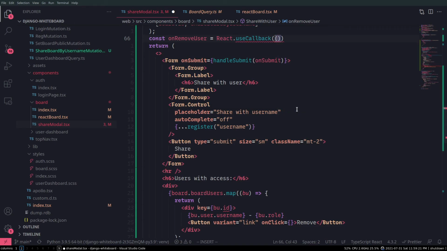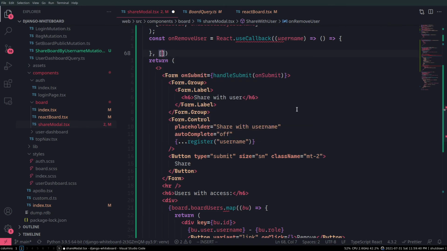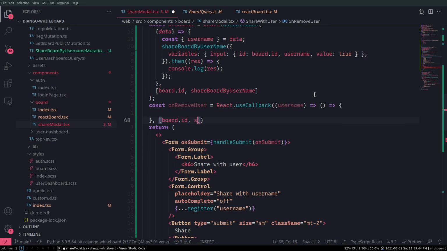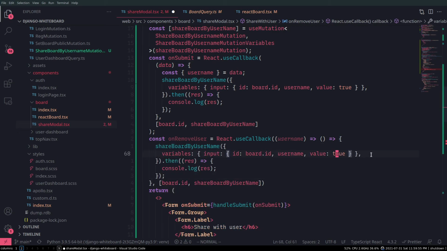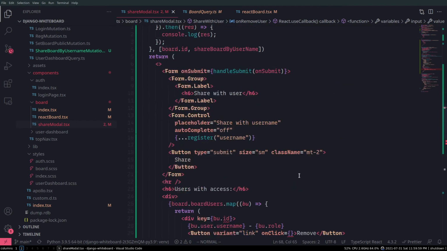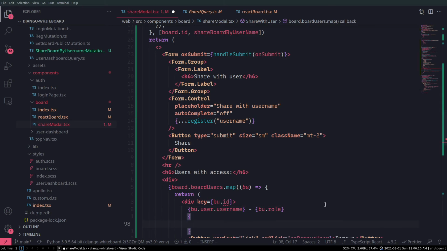I guess this works. So I take username and it's going to return the function, right? And it's just going to do the same thing here, except that the value should be false. And this is only when